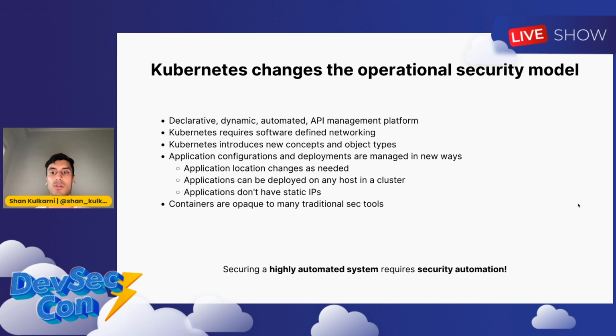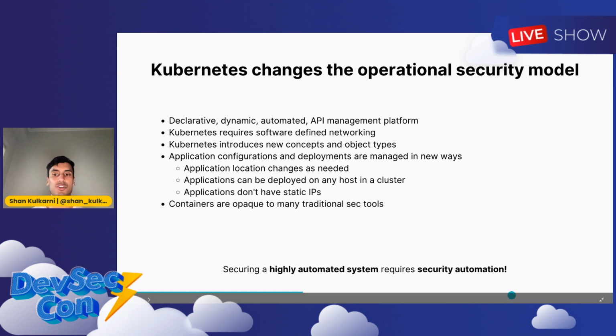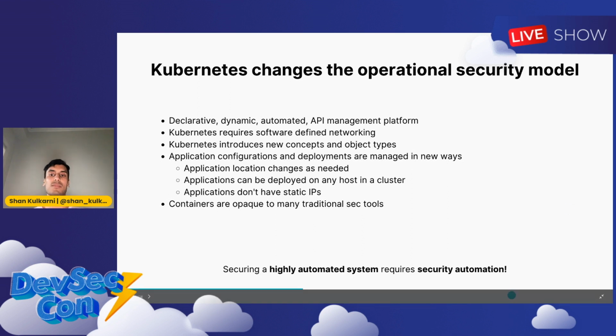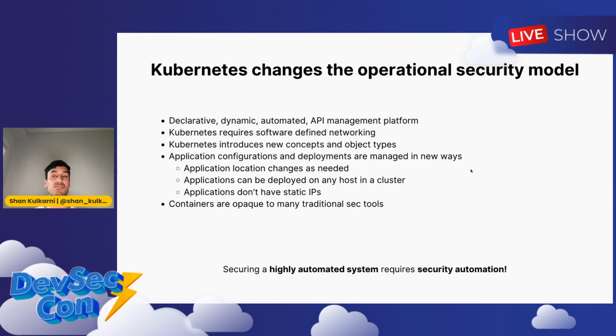Application configs and deployments are managed in completely different ways. So I might want 3 replicas on one particular deployment, and then to scale up and down, but then I don't know the IP addresses of that instance that has those deployments on that particular node. Containers can get deployed across nodes in your cluster. And overall, this makes reasoning about security in Kubernetes environments a little bit harder, at least from a traditional kind